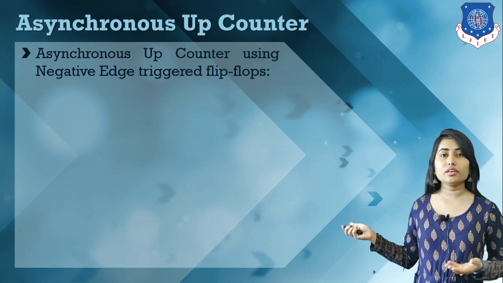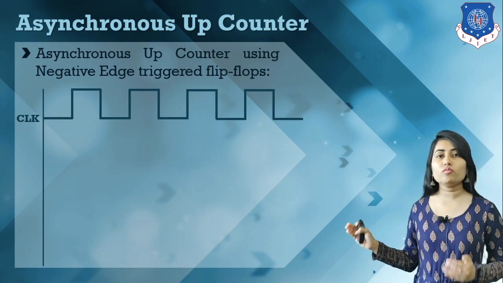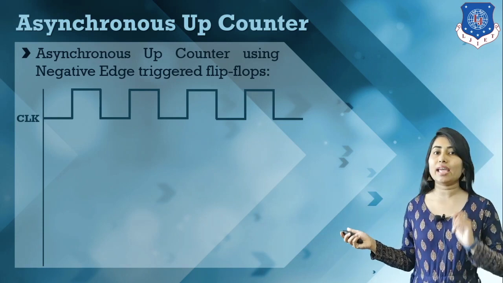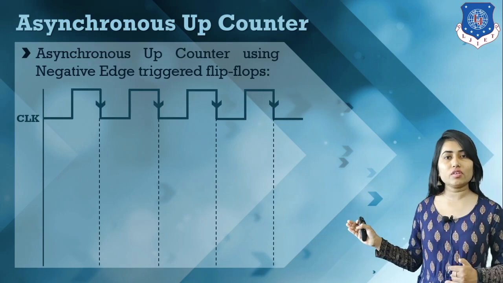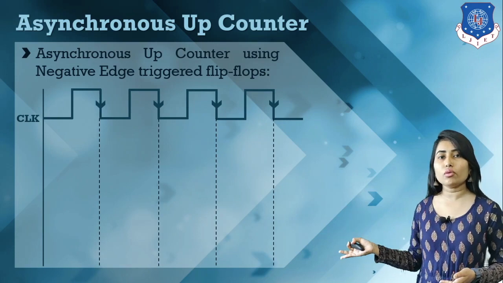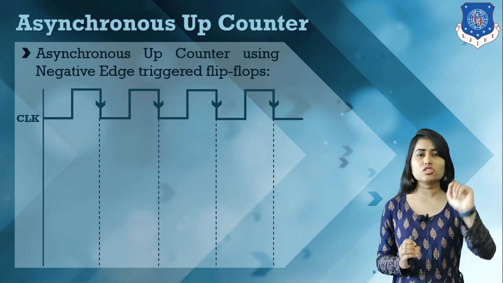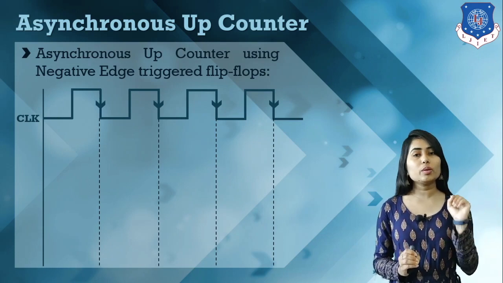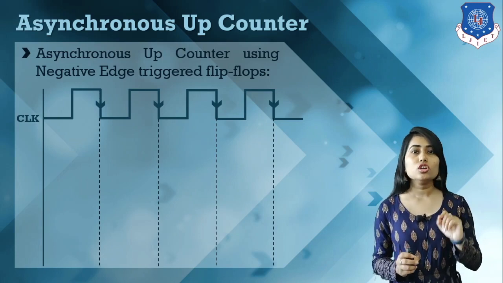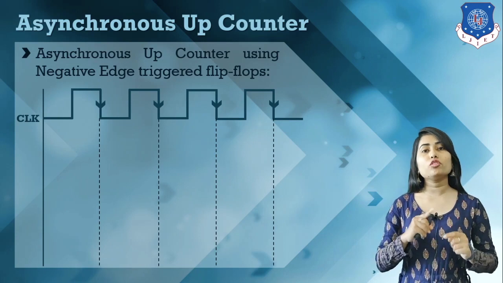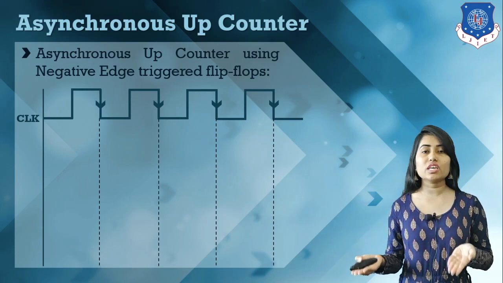First we have an external clock. Using this external clock, our first flip-flop will be triggered. Here we have a negative edge trigger, so we mark the negative edge of our clock. From this we draw a reference line to calculate output Q1. Remember, we do not have to check the inputs, because all the time the inputs are 1, that means all the time we have toggle mode. So whenever a negative edge arrives, we just toggle our output. The previous output is toggled to give the next output, because we have input 1.